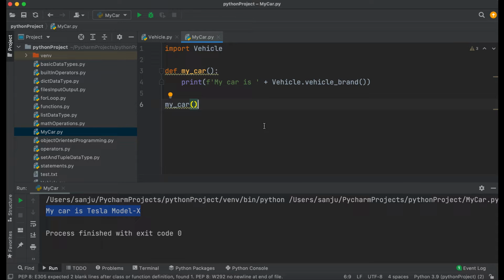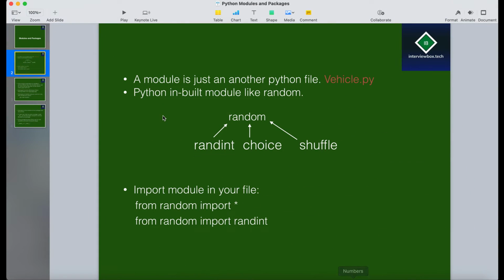And then you have your main Python script where you want to use the functionality from the module file that you have created. So that's how you can achieve it. And let's go back to our presentation